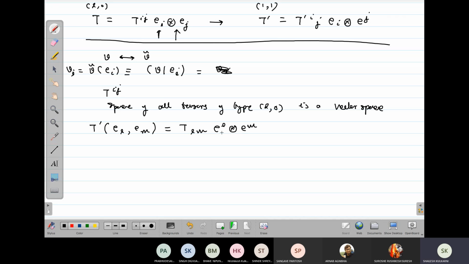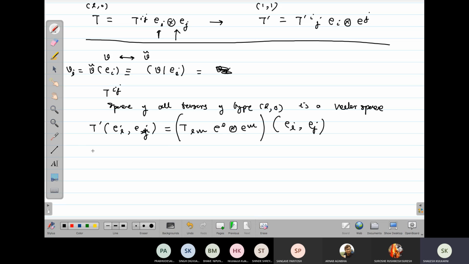Clear? Okay. And then I will act this object on EI and EJ. This is one part. Another part is